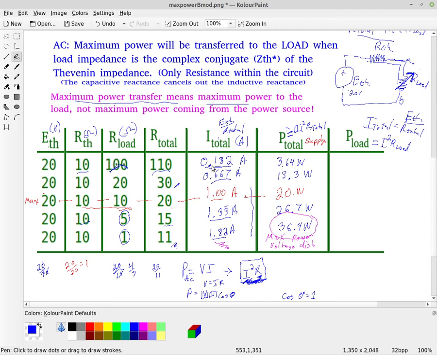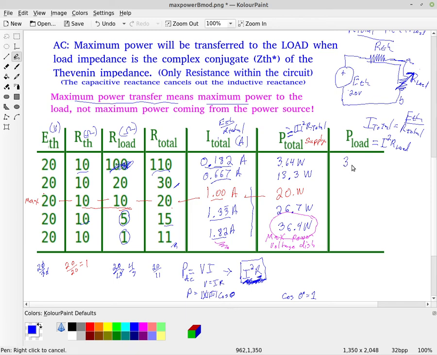So, but our current is actually really small, right? It's actually a fraction of an amp here. And so when you square 0.182, anytime you square a fractional number, it actually gets smaller. And so 0.182 squared times 100 ohms, because we're only looking at the load resistor, means that 3.3 watts,